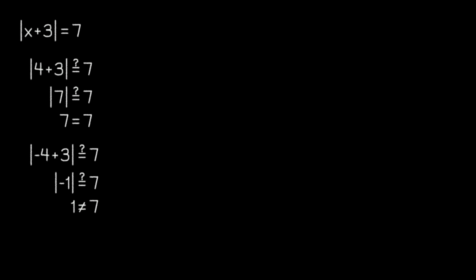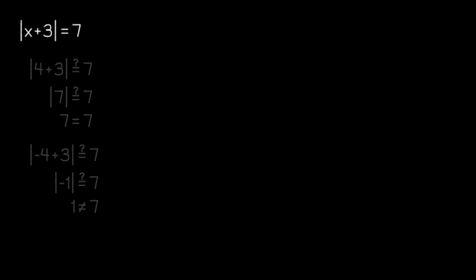That didn't work out. So how are we going to find out if there are any other solutions to this equation? Well, let's go back to our original equation, but instead of guessing and checking, we're going to try boxing this time. Since x plus 3 is happening inside the absolute value bars, we can think of that expression as a single unit and draw a box around it. Then, we can see that the absolute value of the box is equal to 7.